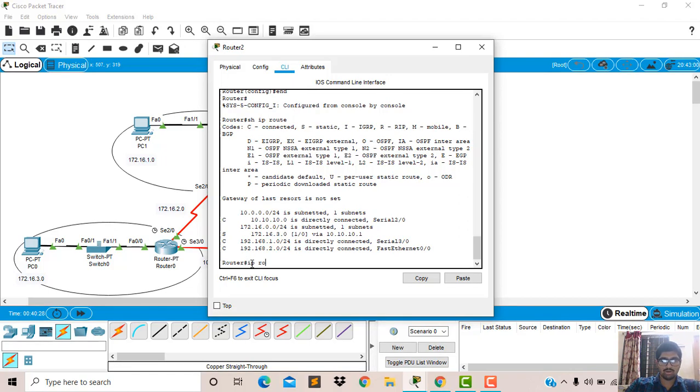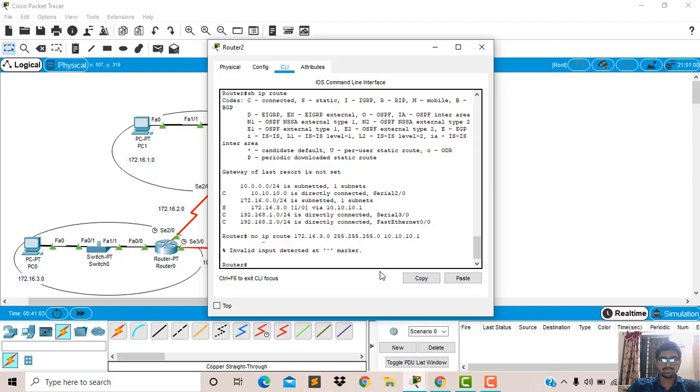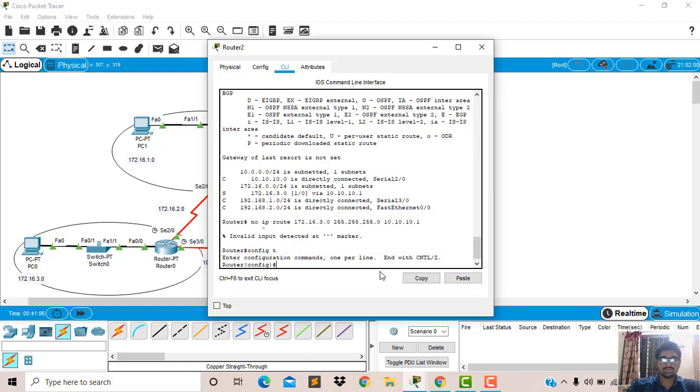We do that IP route 172.16.3.0, subnet mask 255.255.255.0, and further 10.10.10.1. We'll give here no IP route 172.16.3.0 255.255.255.0 10.10.10.1. I have done this in privilege mode.